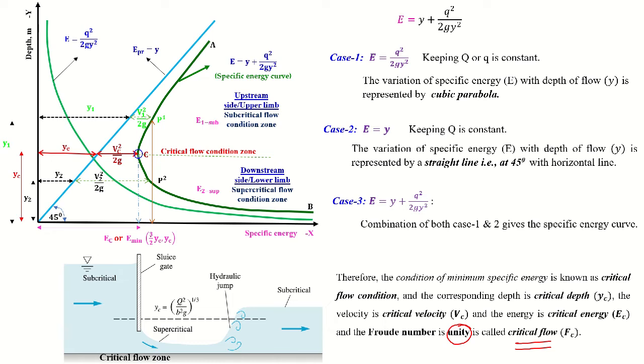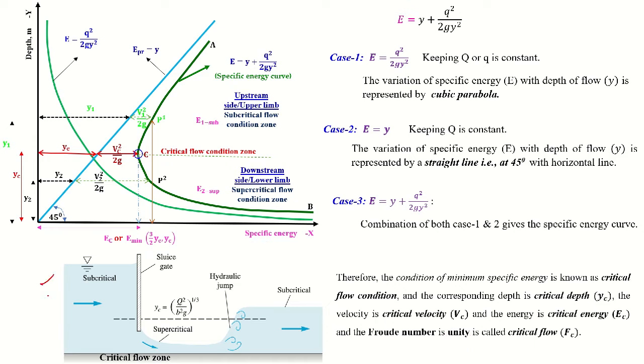Now one of the questions asked in the examination: at this critical point or critical depth, what is the ordinate of your specific energy? At this condition, the depth is on the y-axis and the specific energy is on the x-axis. This specific energy here is 3/2 yc. We will discuss how 3/2 into yc is obtained in upcoming slides. This is called your critical depth or critical section.